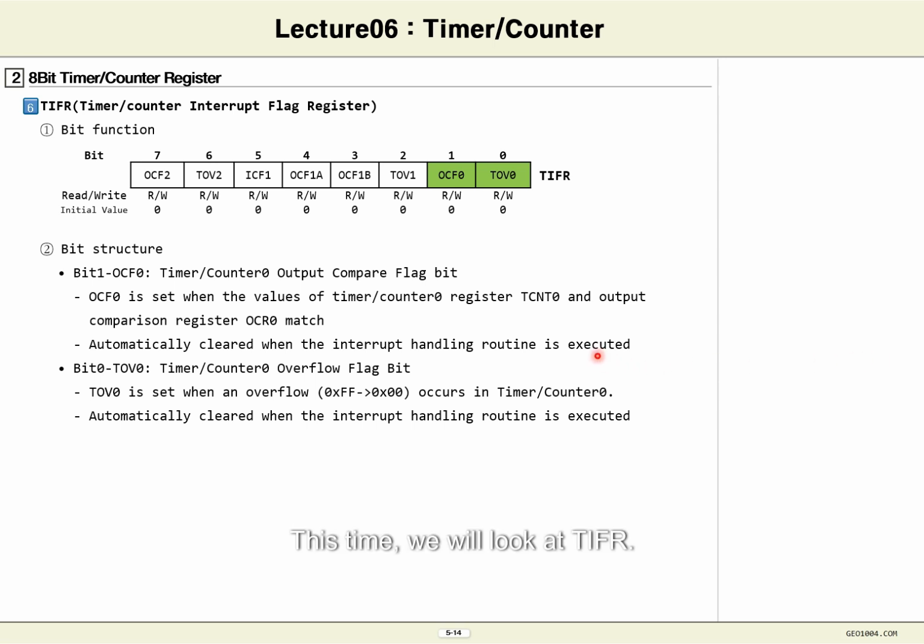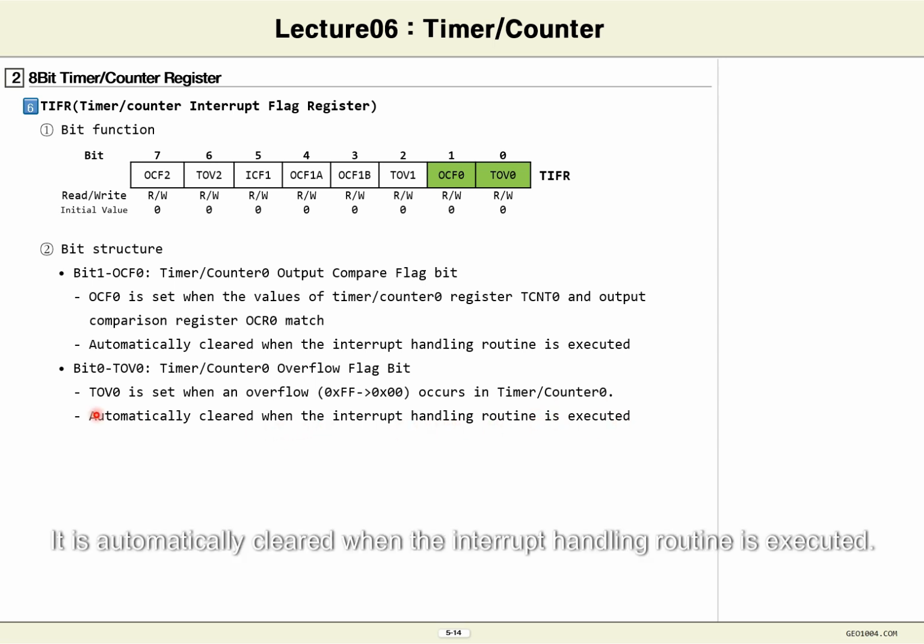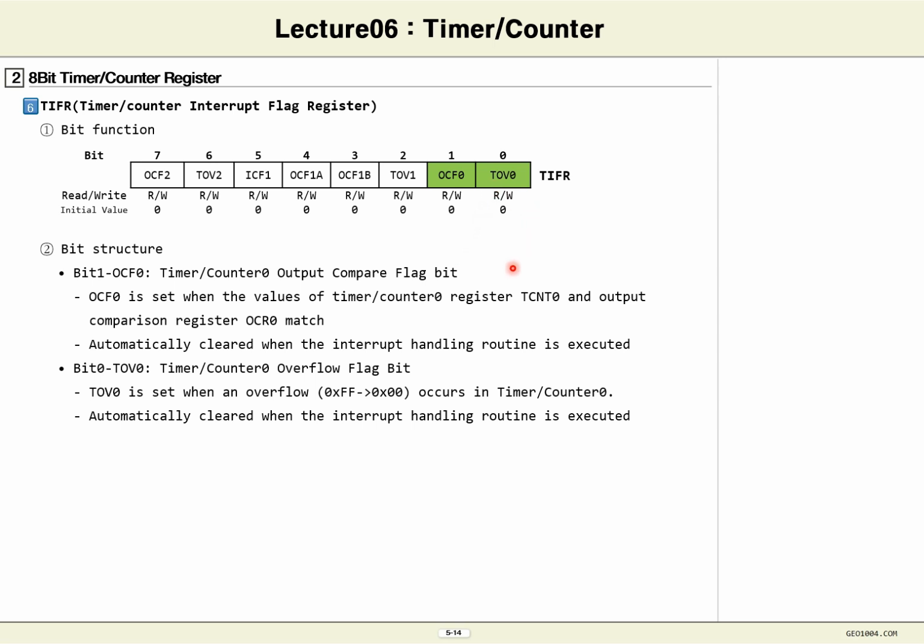This time, we will look at TIFR. TIFR is truly a flag register. So, bit 0 of the timer counter interrupt flag register becomes 1 as the overflow flag bit of timer counter 0. When 1 is written, the overflow of timer counter 0 has been set. You can think of it that way. So, you just need to know that when an overflow occurs from 0xFF to 0x00, it becomes a set. It is automatically cleared when the interrupt handling routine is executed. Please understand that when the interrupt service routine is called, bit 0 of this timer interrupt flag register is automatically